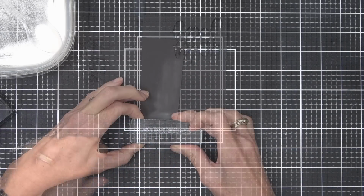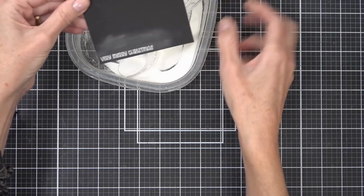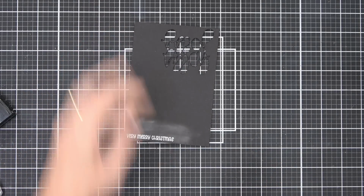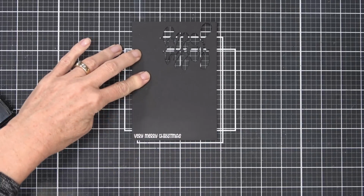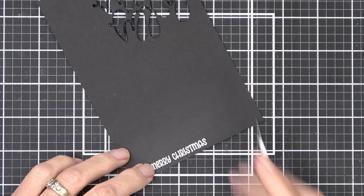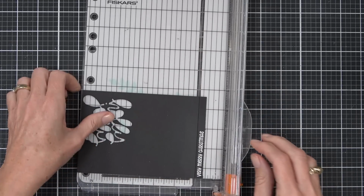So I'm going to white heat emboss a sentiment on some black cardstock. I am prepping all my cardstock today with the powder tools. There's 2 different versions that I use. I have a powder bag as well as that tool you just saw. And even though you could see it before, after I wipe it away with that cloth, you can't see the powder anymore. But it does stop all those stray white powders